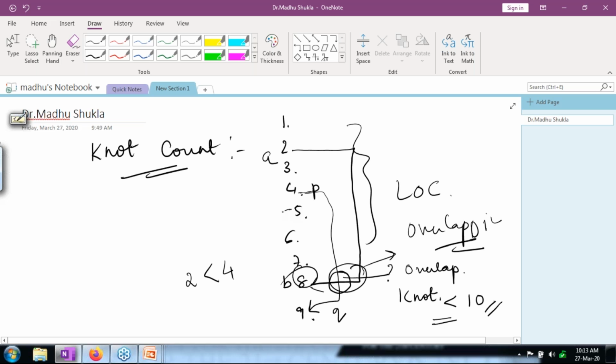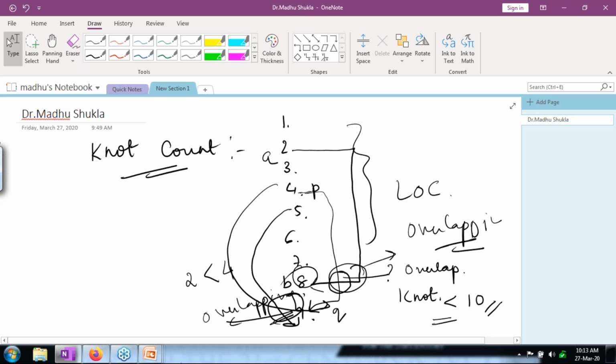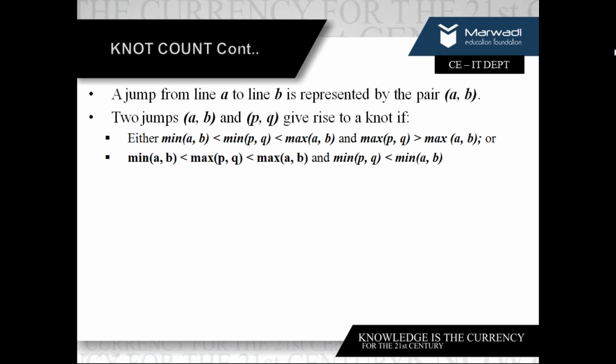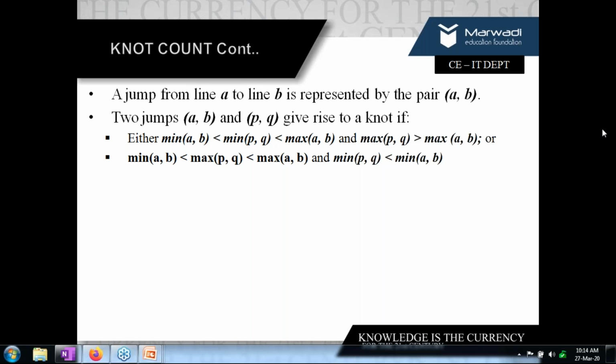If I'm having a control transfer from here to somewhere else, from here to somewhere else, I can see again there is an overlapping. So the number of control transfers is allowed, but overlapping is not allowed. Now, if you have drawn this diagram, match it with this formula, and you'll understand why it is formulated like this. If you have doubt, post it in question again.